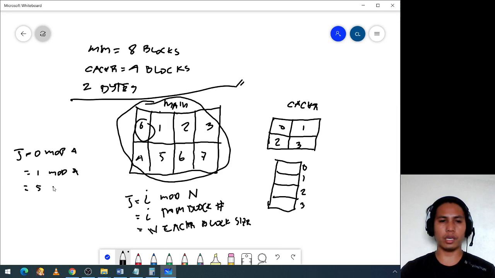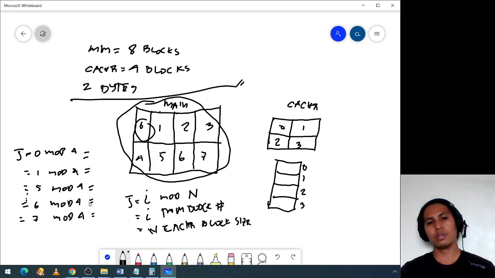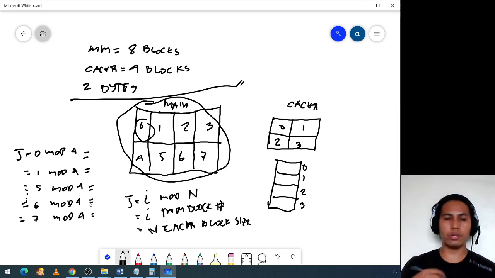So what is actually the location of these main memory blocks in our cache if we map them using direct mapping? So 0 mod 4 is actually